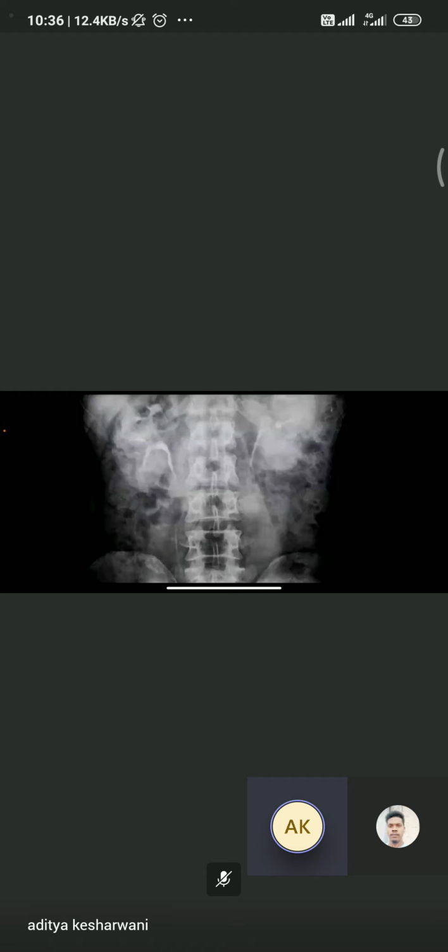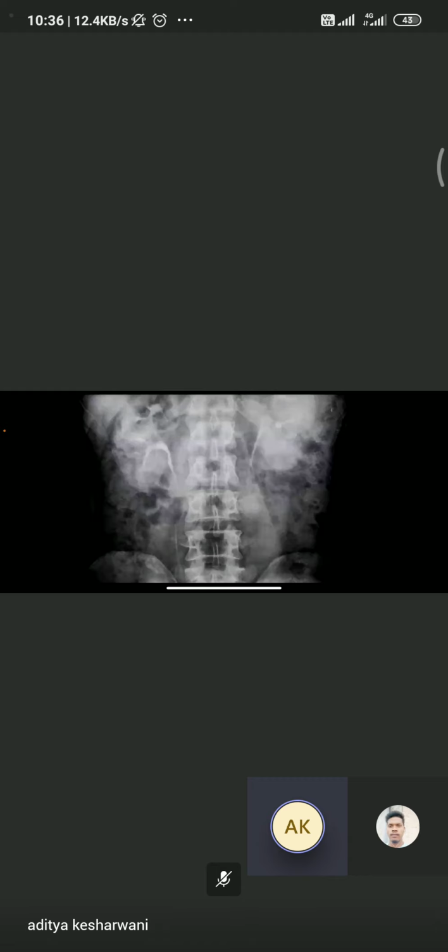Then there is a dilatation of the renal pelvicalyceal system as well as the ureter. So we can get a hugely dilated system. Sometimes it can be done to check the function of the kidney also, whether the kidney is functioning normally or not. But before that, we have to get the patient's urea and creatinine done, because we are pushing an IV contrast agent that can be hazardous if the patient is having renal failure.